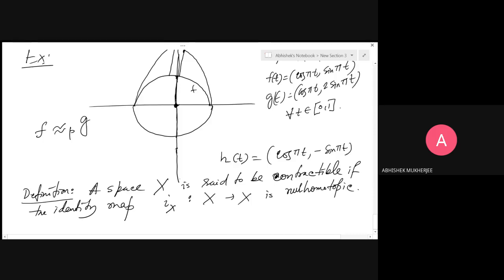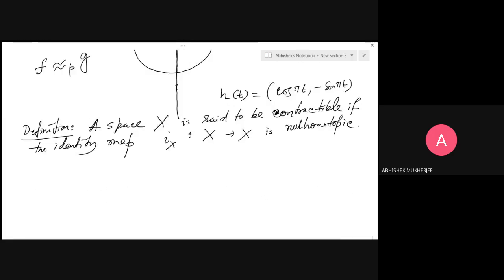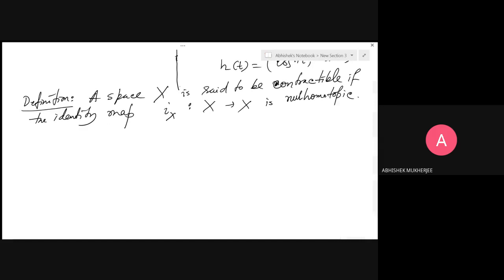So in any topological vector space you can consider the straight line homotopy always, because between any two points you can draw a line. This is a result: any two paths can be made homotopic using straight line homotopy. So a contractible space